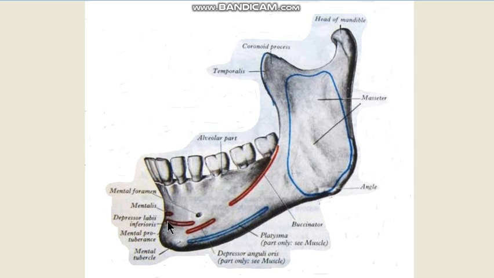So in the midline you have the mental protuberance and mental tubercles forming a triangular elevation, and beyond that you have the oblique line of the mandible. This anterior oblique line of the mandible extends across the body from the mental tubercles obliquely right up to the anterior border of the ramus of the mandible. So it passes obliquely high up towards the ramus, and somewhere in the middle between the two premolar teeth you